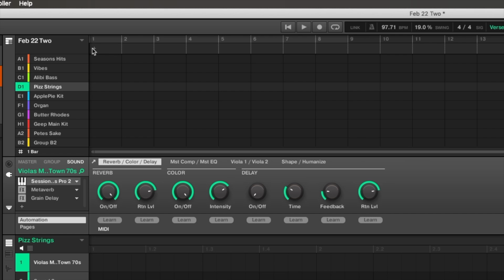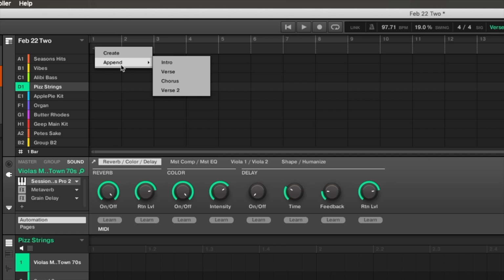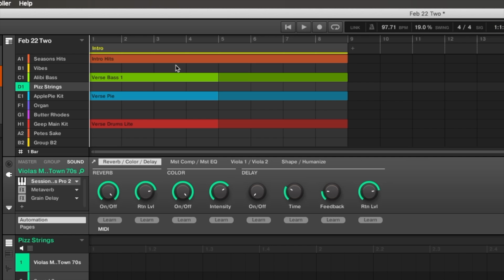You might want to write that down because it's easy to forget. You right click the plus button and now what we're going to do is say append intro. So I append the intro and now for 8 bars my intro scene is going to play. So if I just press play,